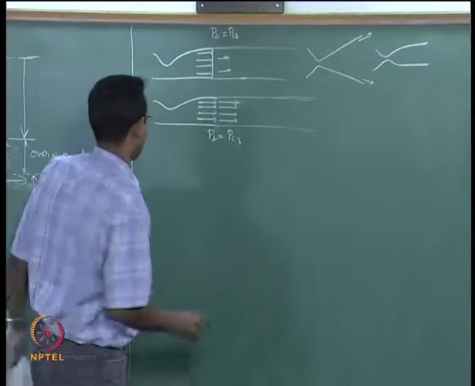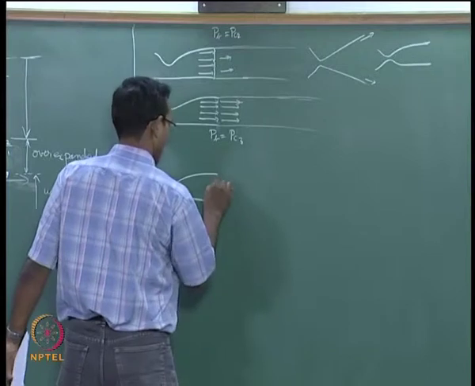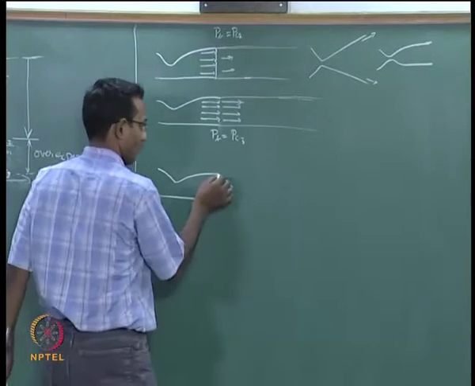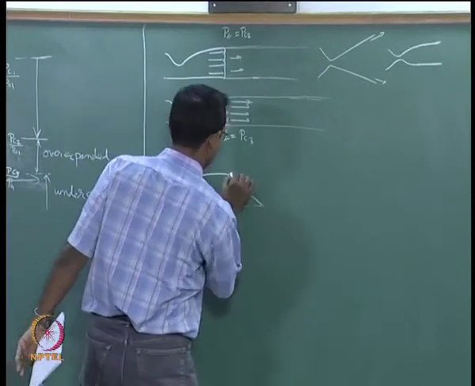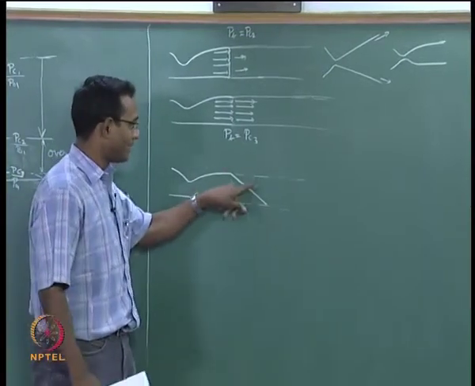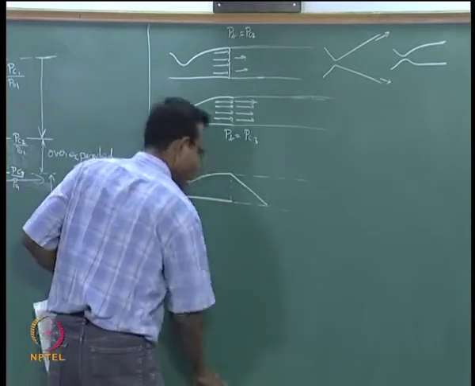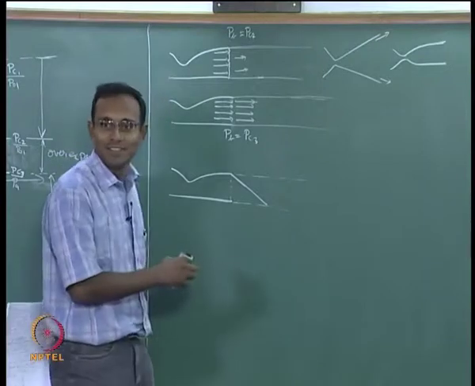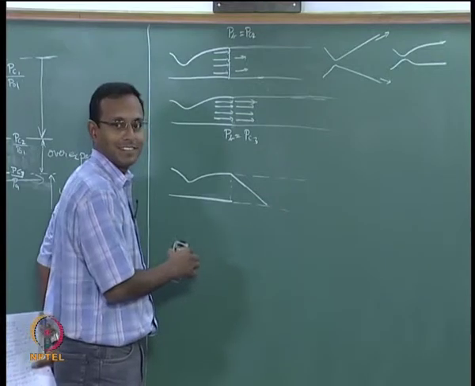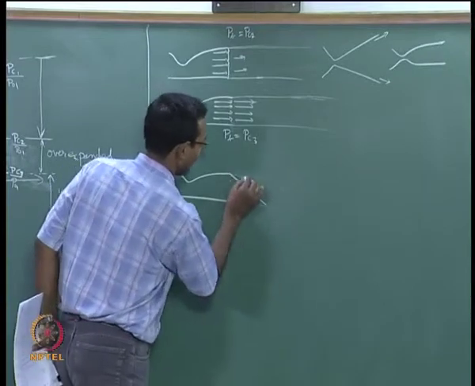So an oblique shock. I will draw a case where my exit will have an oblique shock. Can it be an oblique shock like this in my jet? This oblique shock will meet the pressure this side. Oh, by the way, if there is an oblique shock like this, what will be my flow direction? Which way? Will it go down or up? Fluid will go down. If there is a shock like this, then my jet will be doing this.